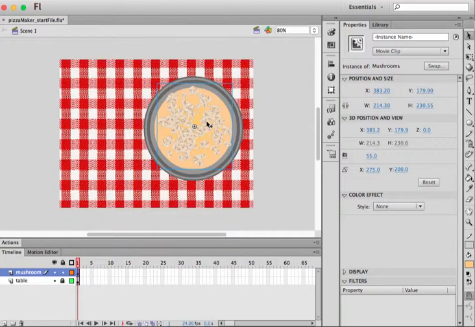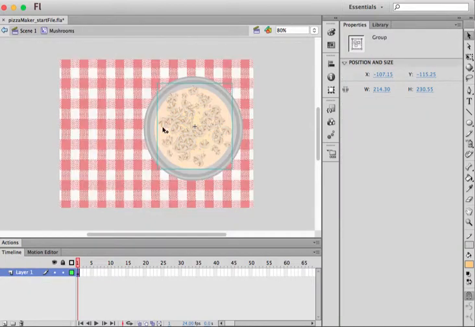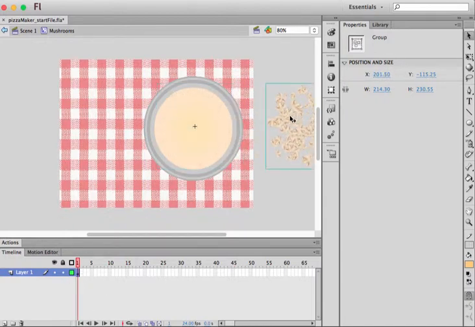Now I'm going to need to animate him on his own timeline. So I'm going to double click him. Now I'm animating him on his own timeline. I see his own timeline up here. There's a timeline down here. I'm going to move him off the stage, and I would like to add a tween